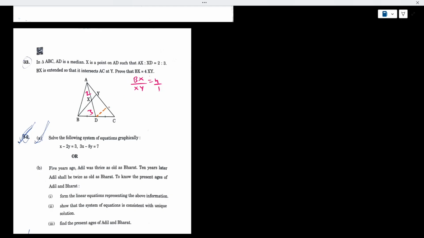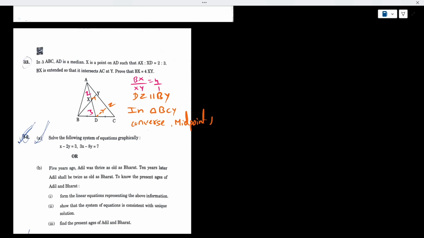If I draw DG, which is parallel to BY, then in triangle BCY, because D is the midpoint and this is parallel to this, using the converse of the midpoint theorem that you learned last year,